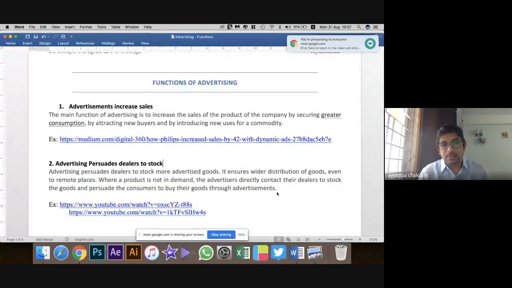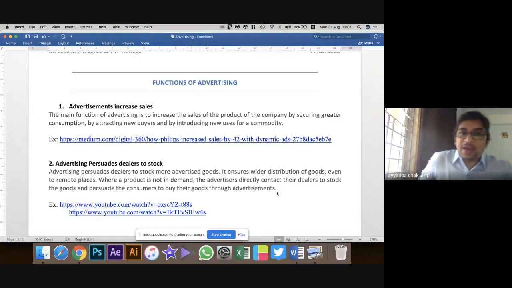So MAU is a term that is used by startups to gauge the number of users they have. It is called monthly active users. So why do they do it? When they are pitching to investors, to venture capitalists for investing in their companies, they try to tell what the MAU of their users is. That means how many users are coming back every month. It means how many users are logging in at least one time in the entire month into their account, their website, their app. So how many active users are there? That is called monthly active users, MAU.